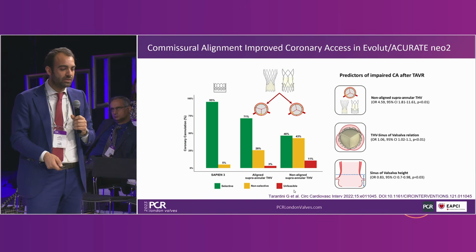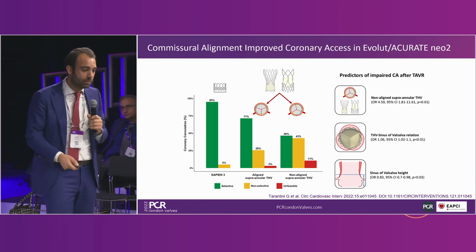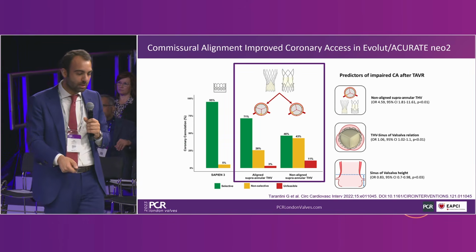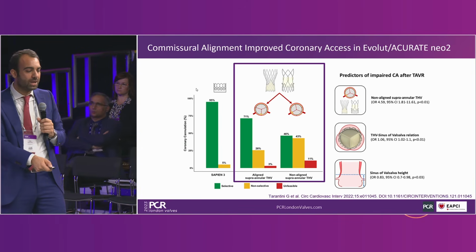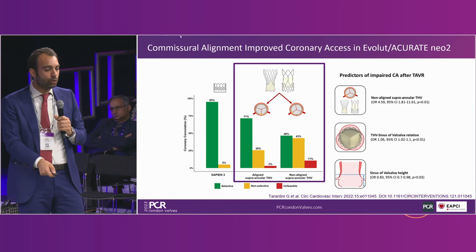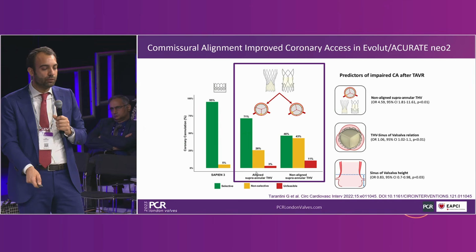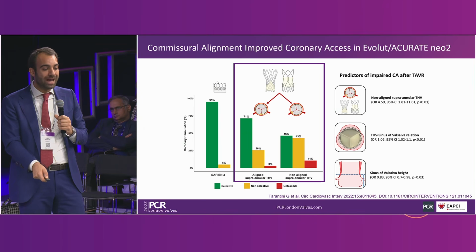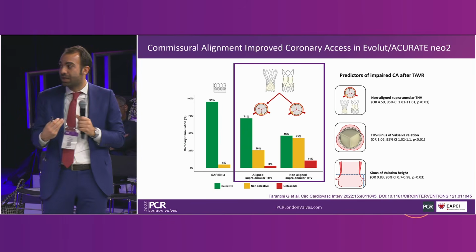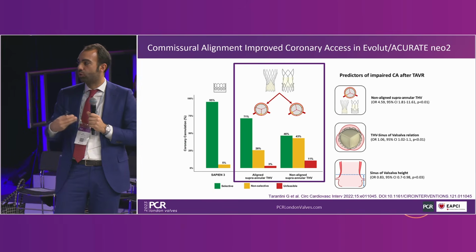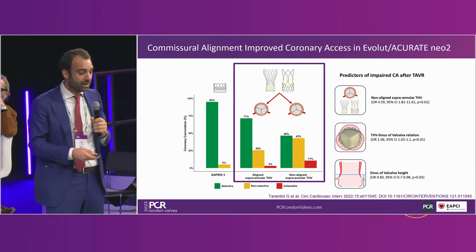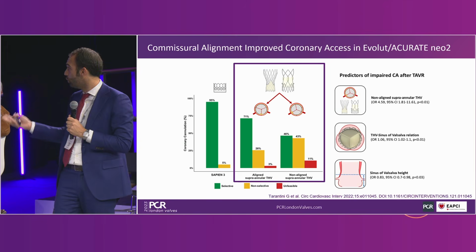And this is a study that is very important by Giuseppe. And if you look at the cases where you are not aligned, I'm gonna go one here. This is what's important. With the short frame with the SAPIEN 3, you had very high success of selective cannulation. Okay, that's very important. And if you look at this slide here, non-aligned versus aligned. In the aligned, you had the higher chance of selectively cannulating your coronary. And in the non-aligned, your rate goes down to 40%. So this is why we should aim for commissural alignment. It will make your life easier when you come back for an ACS and try to cannulate and get better support when you want to do an angioplasty.